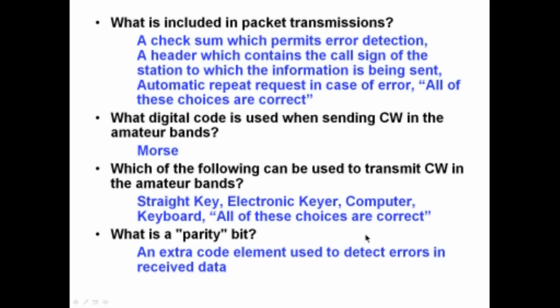What is a parity bit? Some of the codes used in digital transmissions have what's called a parity bit. It's an extra code element that's used to detect errors in received data. If you've done anything with digital codes at all, you may have seen odd parity and even parity. What they do is set it so that there will be either an odd number of bits or an even number of bits for any code element that's transmitted. And if the receiver doesn't receive what the correct parity is, then it knows that it got bad data. But it's an extra code element used to detect